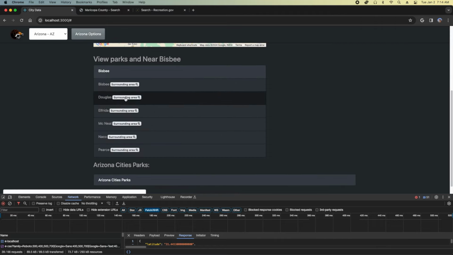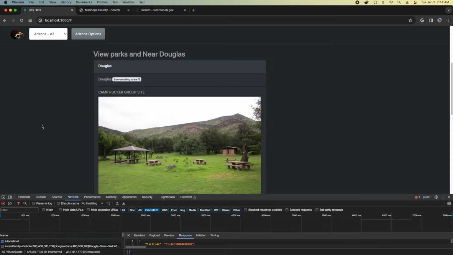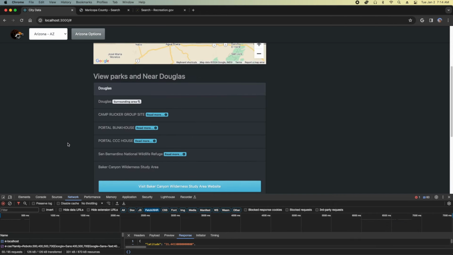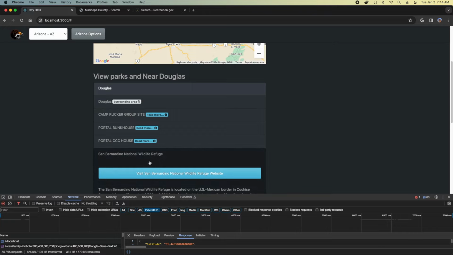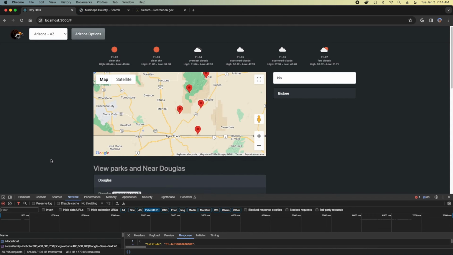And if I want to see those surrounding areas, I go like this and say, okay, well, in Douglas, we've got all these. And then we can start talking about what's in Douglas. And some of them, like I said, are full of information. Some of them dead links. But nonetheless,